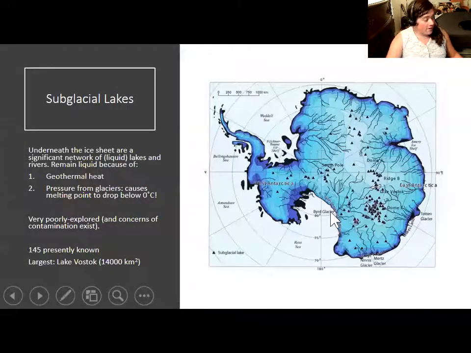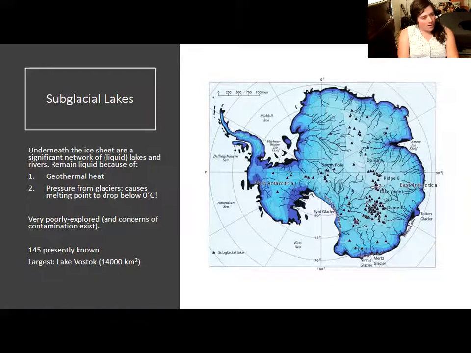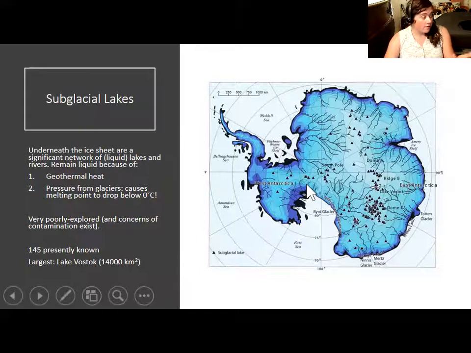One of the weirder features about Antarctica is that there are lakes under the glaciers. There are lakes caused by geothermal heat, as well as the fact that if you increase the pressure, water can exist as a liquid below 0 degrees Celsius. And one thing you'll notice in this diagram is that there's rivers. There's lakes mapped, and there've also been rivers connecting these lakes, just as you would have rivers connecting a watershed in California or anywhere else.